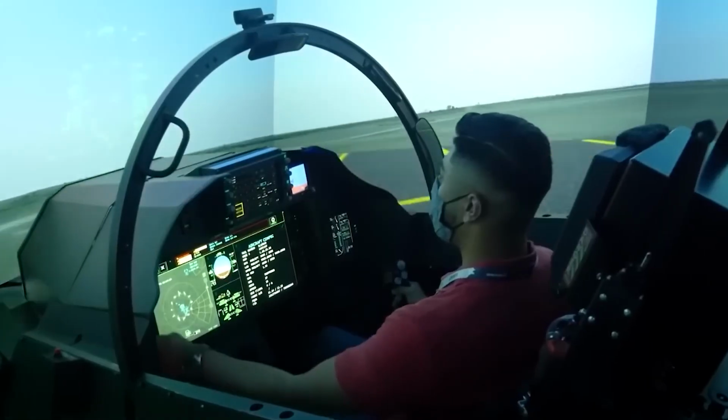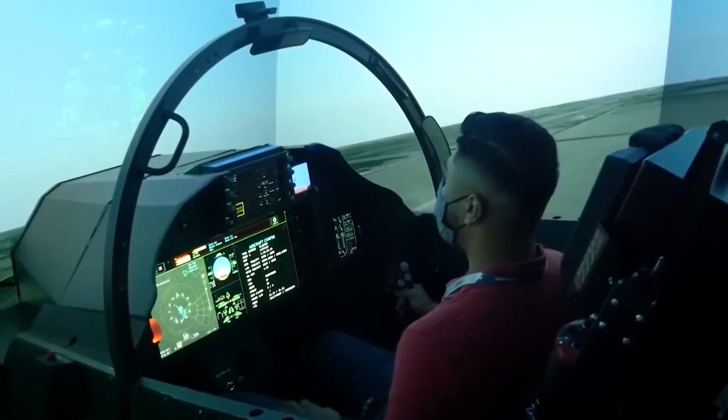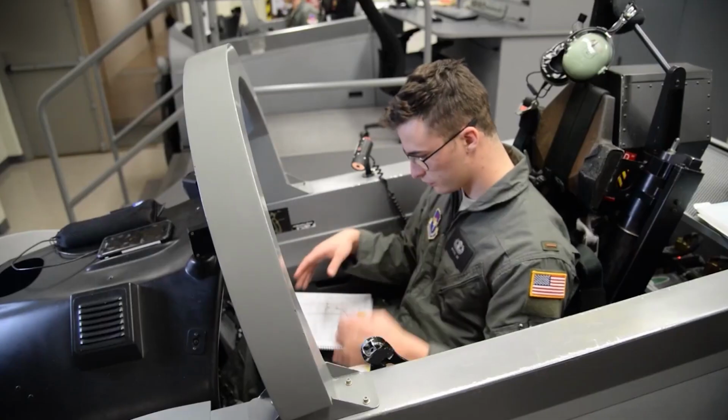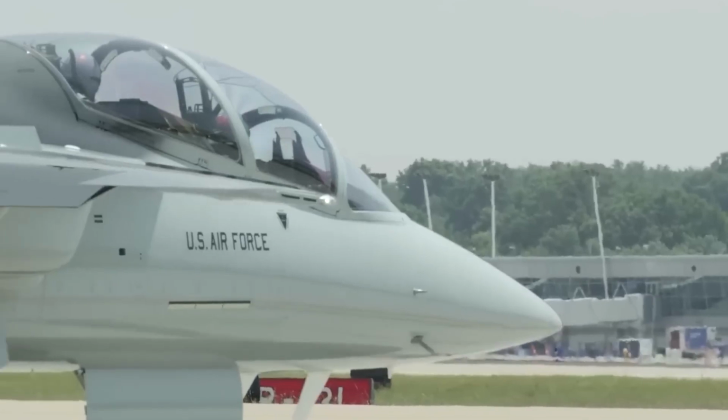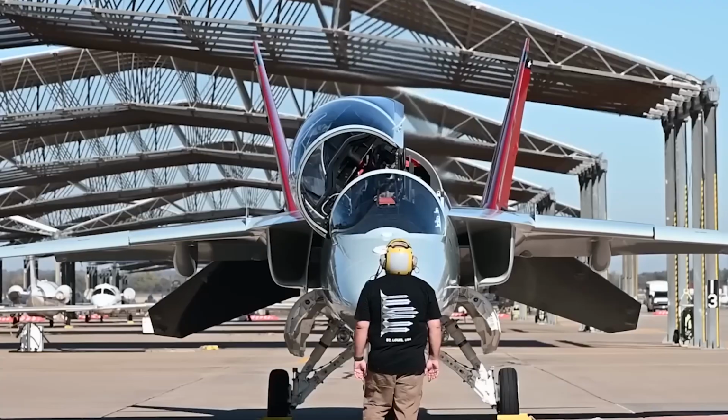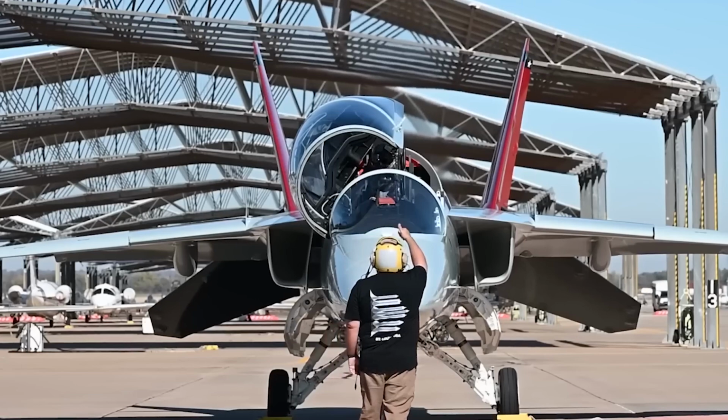The introduction of the T-7A Red Hawk, combined with advancements in simulation and digital training tools, represents a significant leap forward in preparing pilots for the challenges of modern warfare. By updating trainer fleets and incorporating innovative methodologies, the military ensures that its aviators are equipped to handle any mission